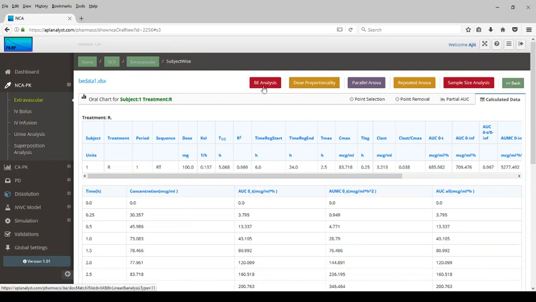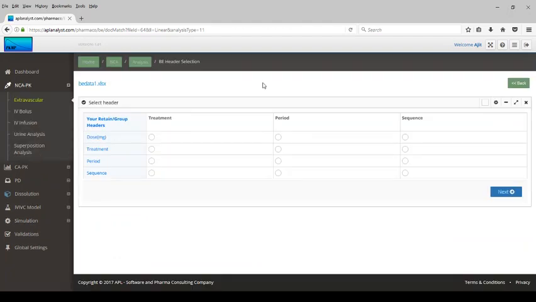This data set is appropriate for the BE analysis, so we will select the BE analysis for a 2x2 crossover study design. On this screen, you need to map your group variables to the program's needed variables. For example, treatment is treatment, period is period, sequence is sequence,